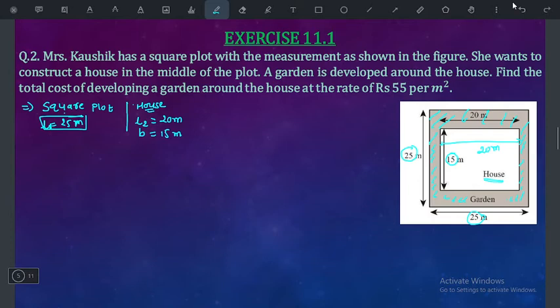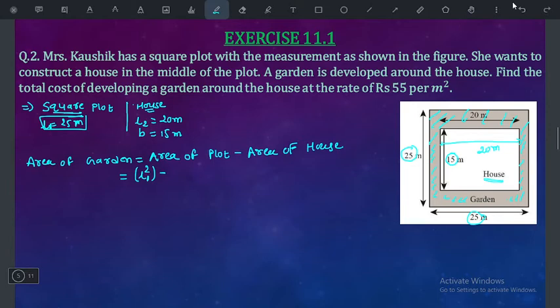Now, first of all, area of garden. How can we find out area of garden? Area of plot minus area of house. How can we find area of plot? It is a square plot, so we use the formula of square, L square. We use L1 for square,